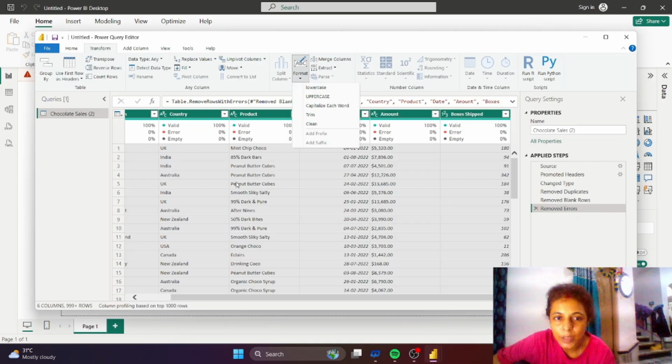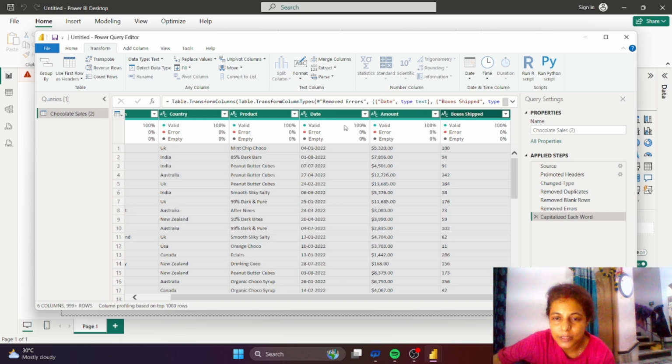If you want all the words in uppercase, then you should click uppercase. We prefer to use the first word capital, so it is better if you choose capitalize each word. So just click on capitalize. It has been done, capitalize all words.